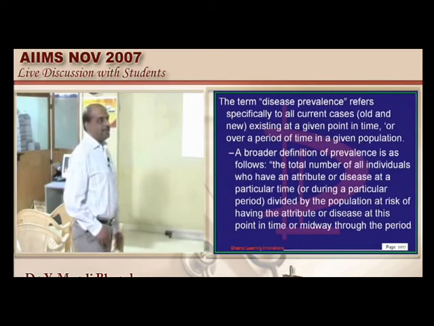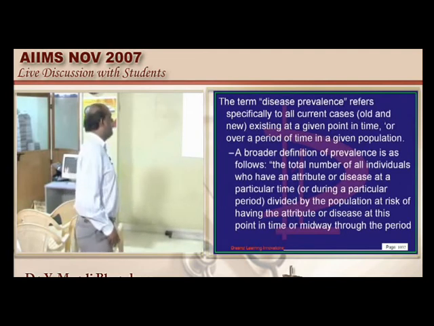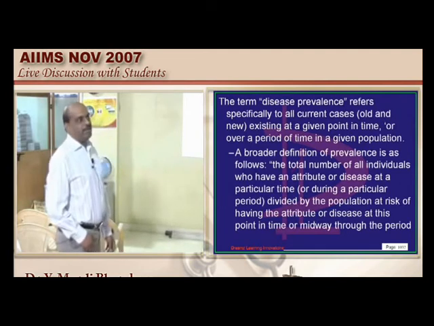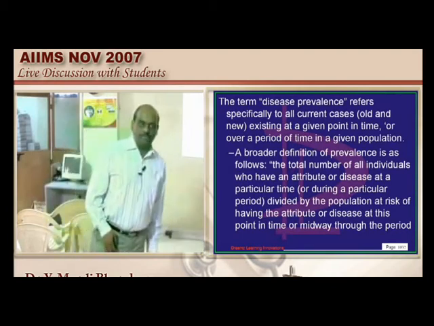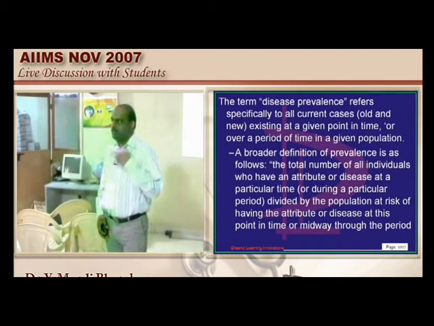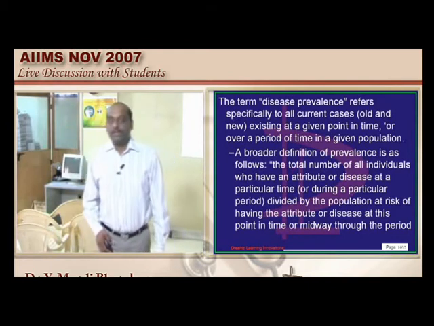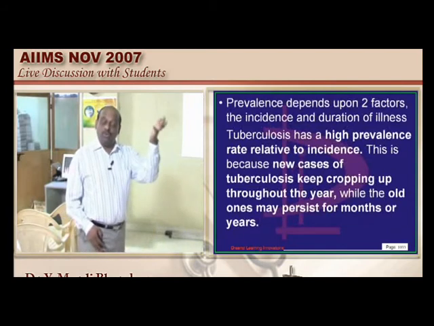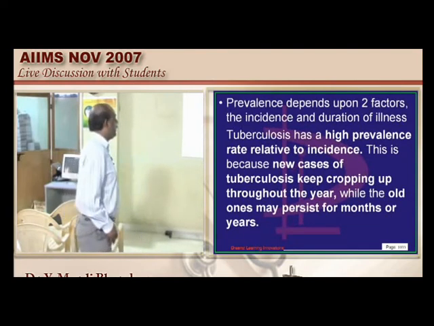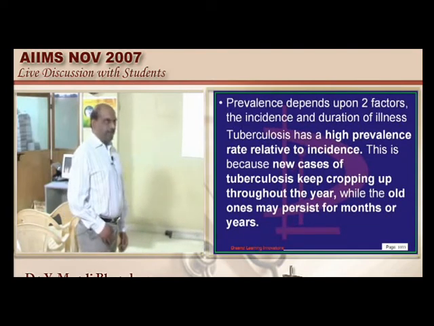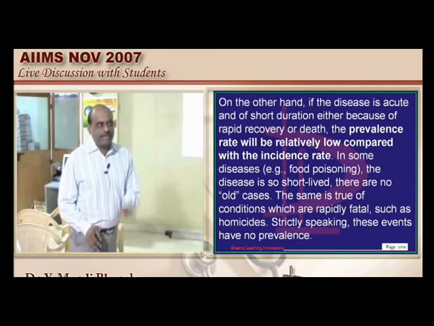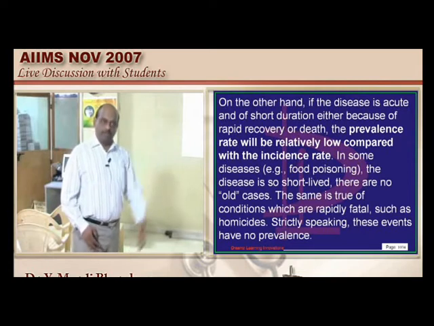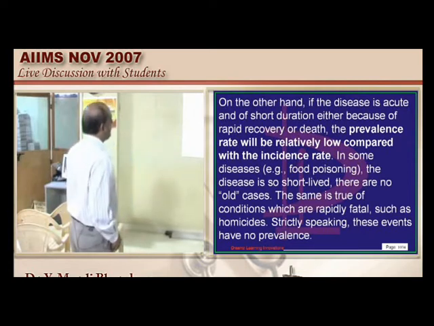Prevalence means what? Incidence into the time. So there is a reason, doctor, as the duration of the disease increases, for example tuberculosis, though you have brought down the sputum positivity, the disease continues. So there is a reason the prevalence will in fact be more than the incidence in chronic conditions like tuberculosis, whereas in conditions like food poisoning, which are of very short illness, the prevalence will be lower and the incidence will be higher, is what I would like to underscore.